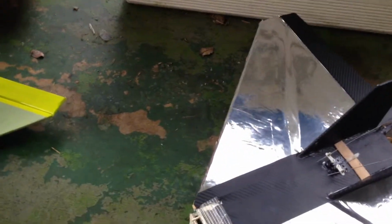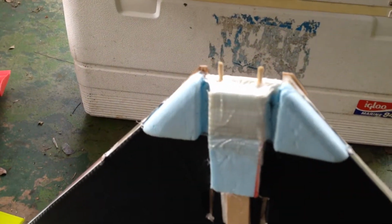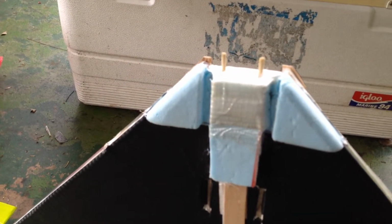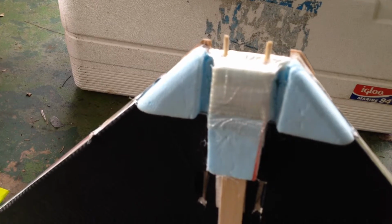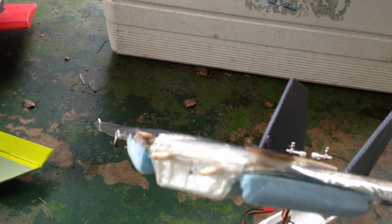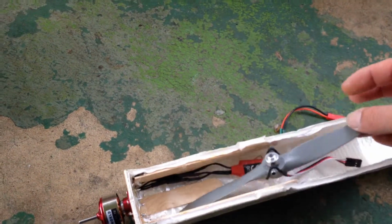And of course, as a beginner, one of the things that constantly happens to you is you have tip stalls, and then you nosedive, and the nosedive causes your power pod to crunch up and the nose to crunch up. So in the end, I adjusted this with some Lowe's foam, which I can simply take out when the barbecue skewers become too weak of a hold in there, and I continue flying. I reinforced the top a little bit with these popsicle sticks, and the power pod itself I also reinforced,